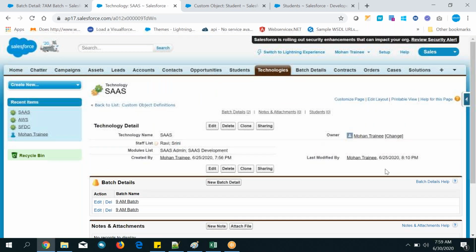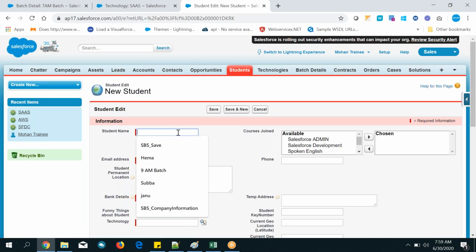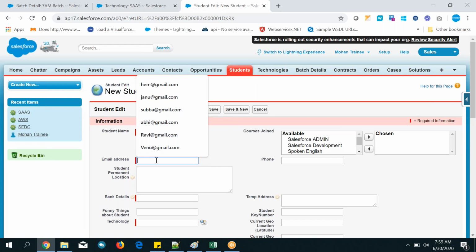Now go to the student object tab and create records. I'm just creating dummy records.